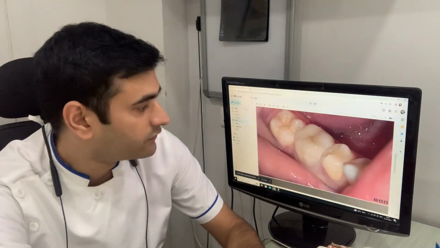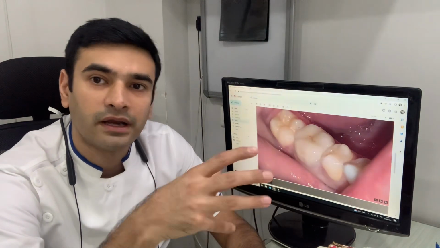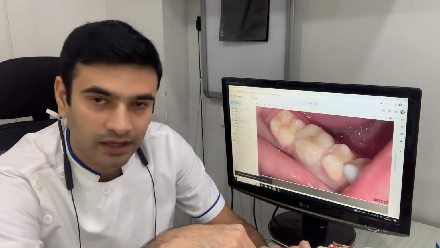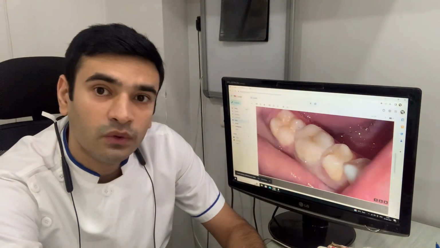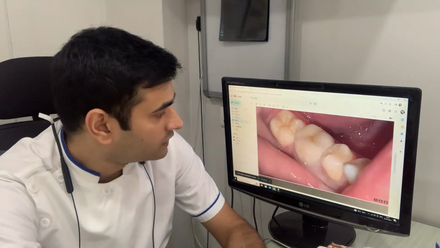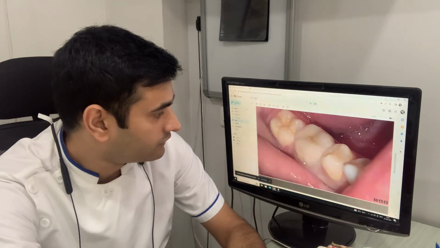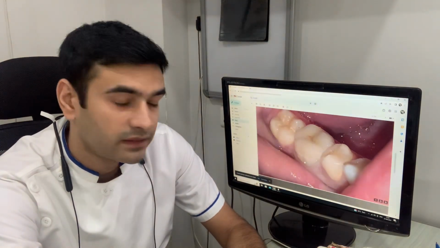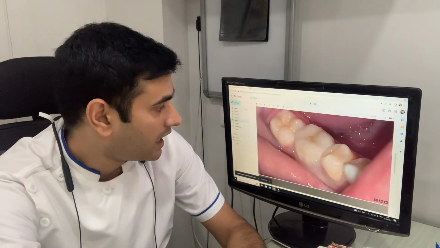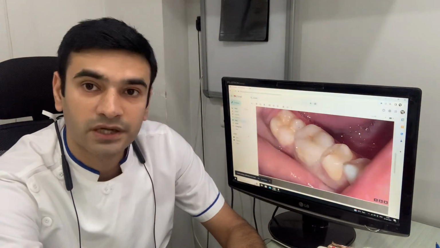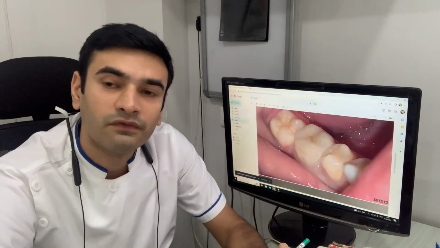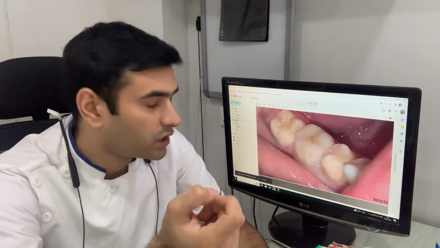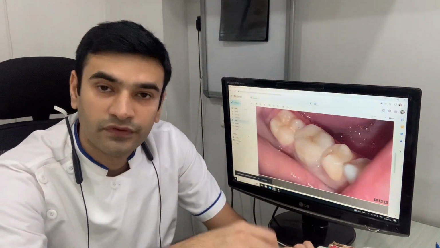Now, there is a difference between how we lute a crown and how we bond lithium disilicate. So this has been bonded, and if you can see in the photograph, this is the tooth structure that was left. This is the intact tooth structure that would have been removed if I had performed a complete tooth preparation for a full coverage restoration. So this is how we can preserve very important tooth structure just to prolong the